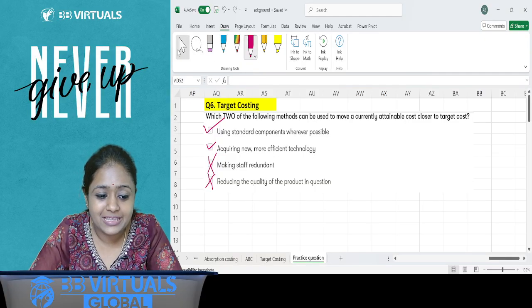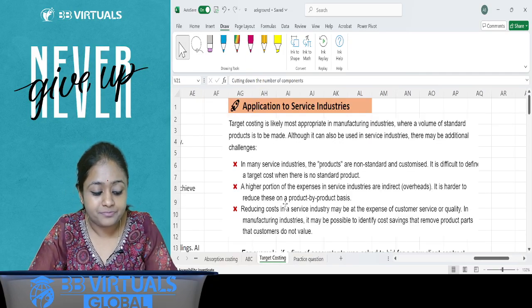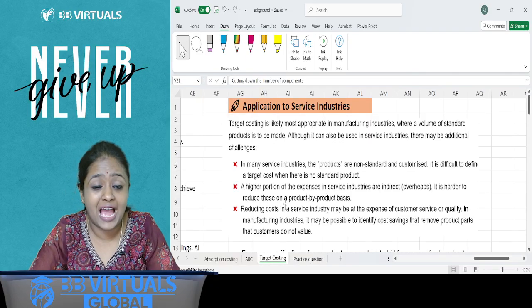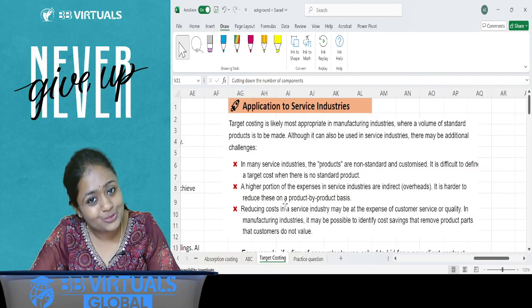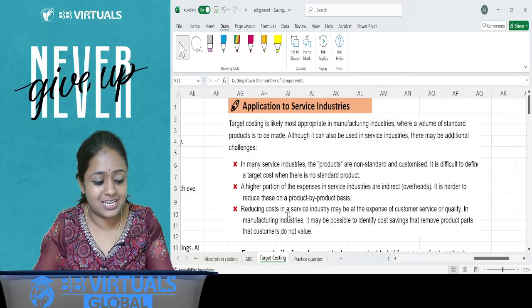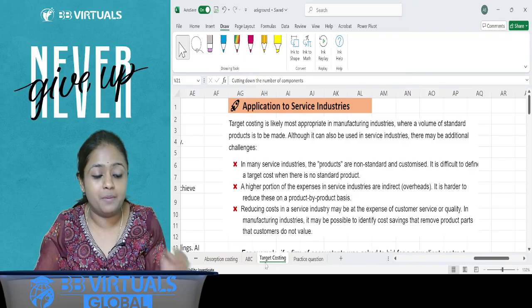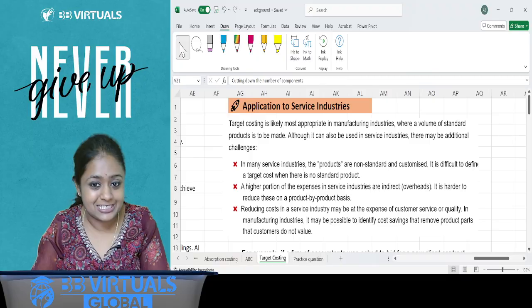Now I hope with this your target costing is effectively one of the easiest topics that you have. And I do hope that it doesn't look as scary as you might have thought it to be when you were initially not studying target costing, or before you began this live session. I'm sure I'm able to add value to you for this.